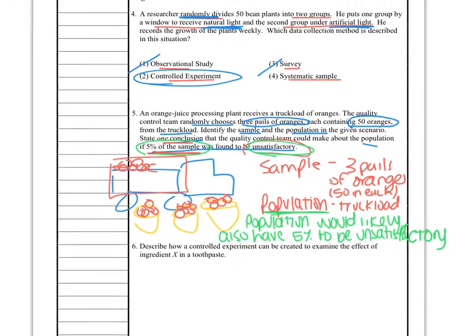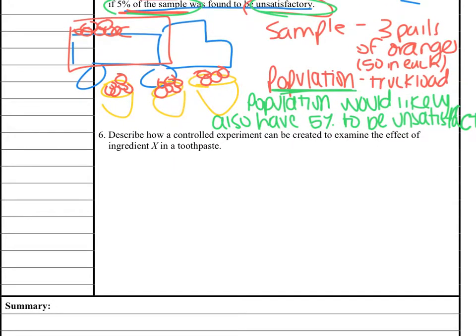And then we have one more question. It says, describe how a controlled experiment can be created to examine the effect of ingredient X in your toothpaste. So remember, an experiment has 2 groups, and those groups have to be randomly assigned, and then usually there's a control group that might not have the ingredient in it, while the other group would have the ingredient in it. So what I would say is randomly assign